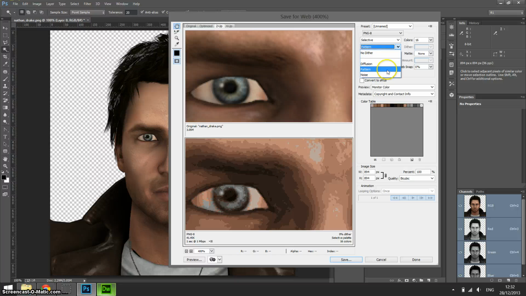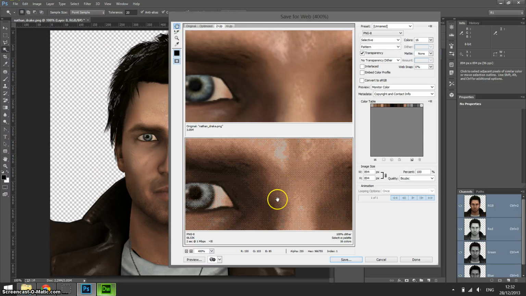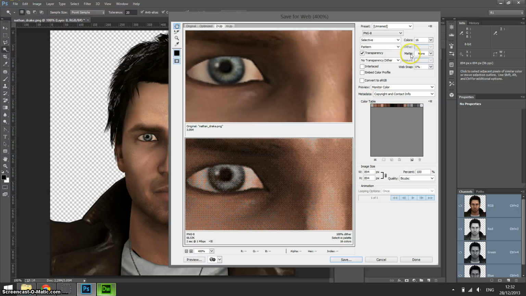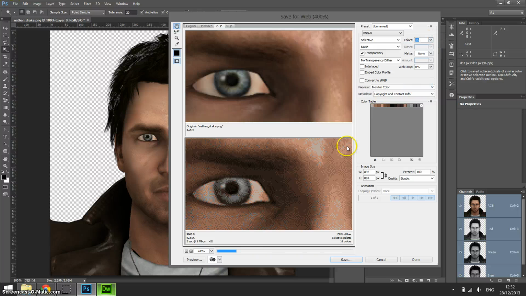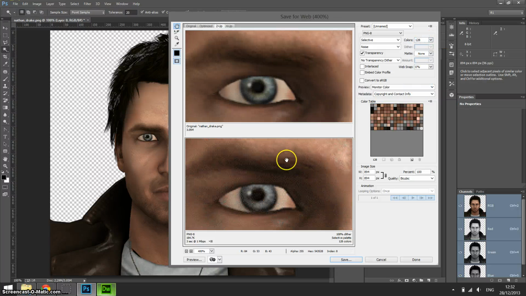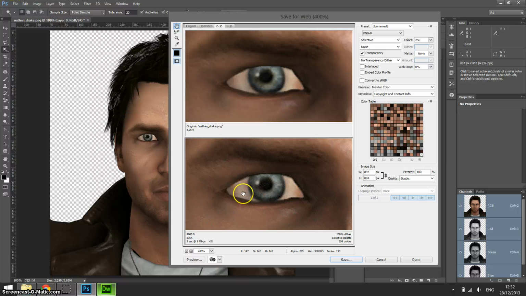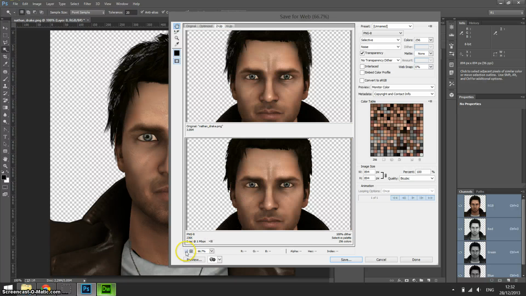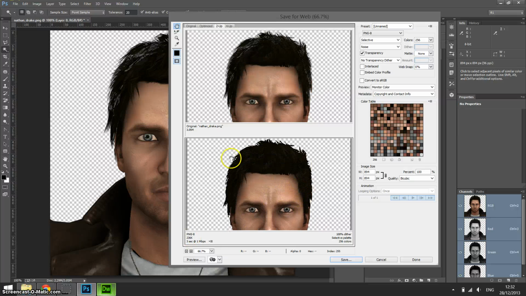And you got some other options here, like pattern, which I think is one of the most awful ones, and noise, which is the most bland one, and the more you ramp up the colors, the better it gets. So 128 is decent, 256 is even better. You can almost not see the differences, but in really soft colors like here or here, you can obviously see the pixels. So this image, which went from 584 kilos, is now down to 236, which is almost half, but you're losing a lot of this texture quality,